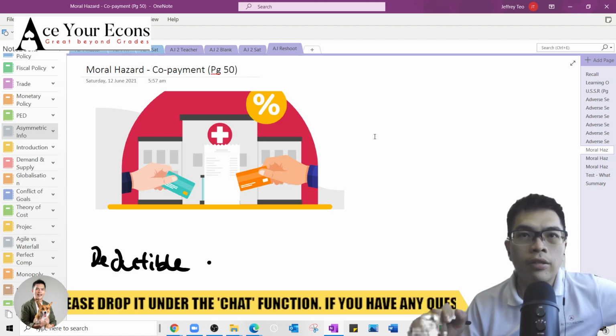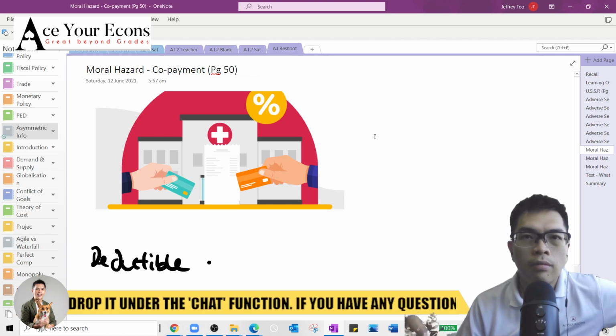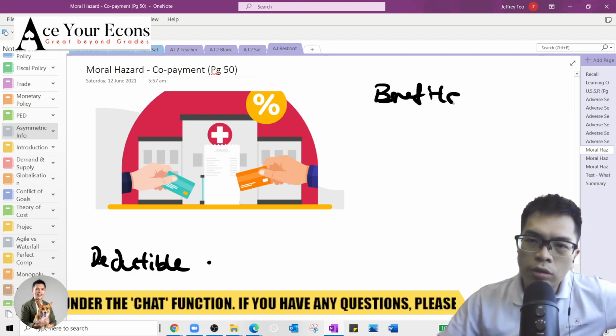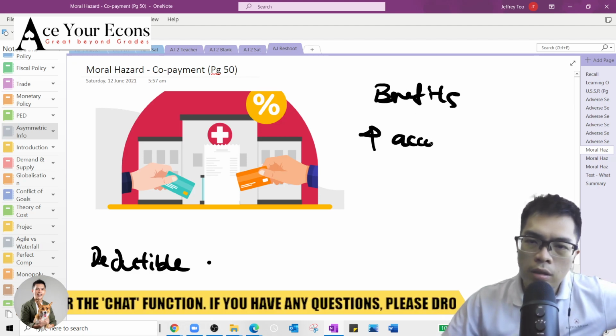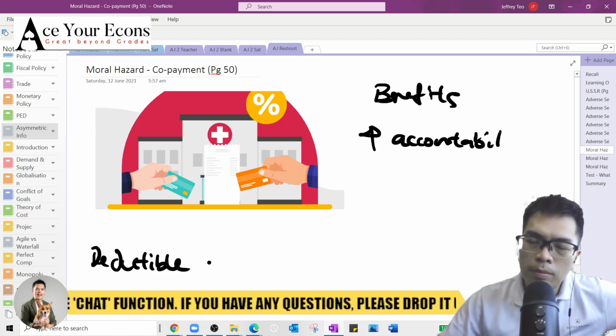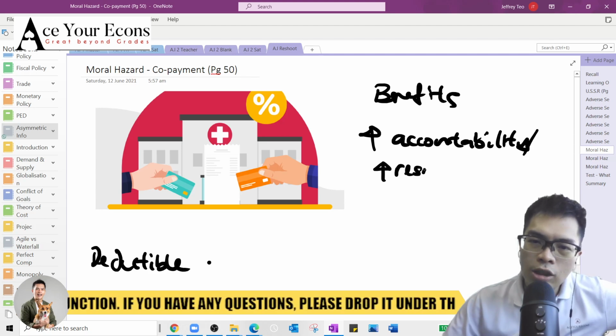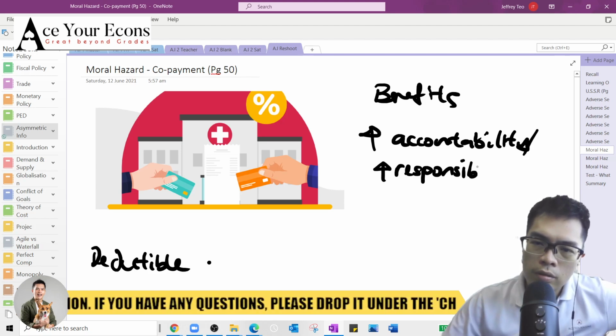Are you still likely to engage in risky behavior? Less likely to, right? So the benefit is this will promote accountability and responsibility, and less opportunistic behavior. It's all about